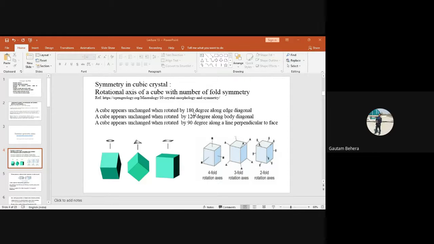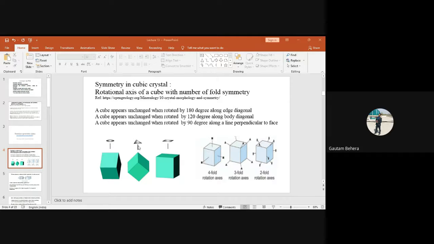Yes, sir. Is it okay? So how many fold or how many order will it be having? So twofold. It is already written over here. You can see twofold, right? So if the axis is passing through the edge diagonal through the cube and you rotate it by that axis by 180 degree, it will come into its self coincidence, or the structure will reproduce again. So number of fold will be twofold. That means again you rotate it by 180 degree, it will come into its self coincidence. And final rotation is what? 360 degree, right?